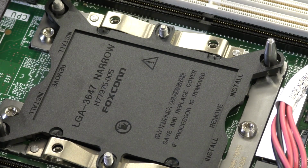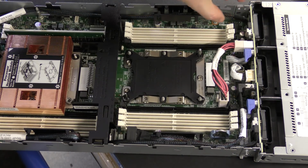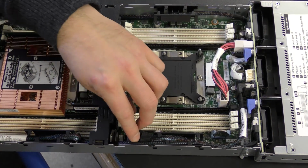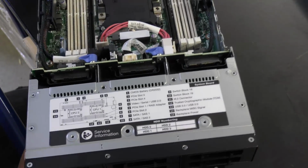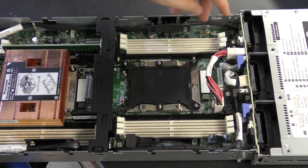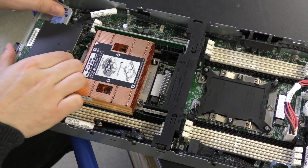So what else do we have in here? In the front here we have the back plane of the hard drives. As said, there is room for 6 hard drives up here, and that means that there are 2 cables going out of here. There is actually a third cable here, which looks like it might be for some AnyBay possibility on here. Would that be correct? But there are 2 tiny SAS connectors, smaller than usual, going from the back plane here and down to this RAID controller in the back of the server down here, and that we can pop out by pulling this lever,